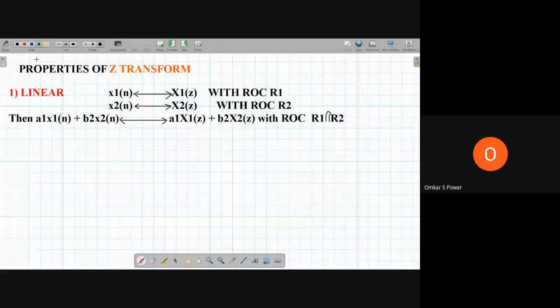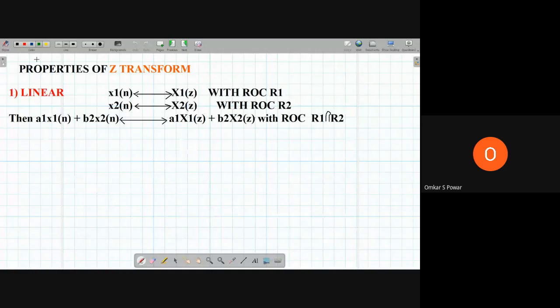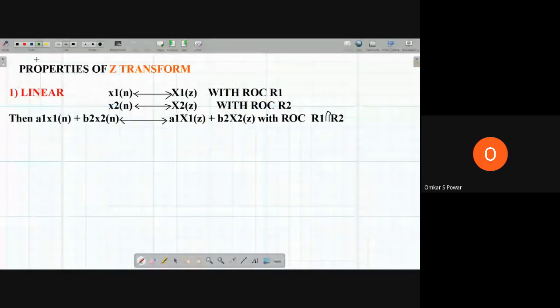Now I have covered some problems covering all the properties with respect to the region of convergence. So now let me go to the properties of Z transform. Derivations we will see today, and in the next class we will solve some problems with respect to that. Same as Fourier transform, you have properties of Z transform here, so no need to worry about that. You have seen the properties of linearity, time convolution, time reversal, time shift, etc. So the same thing, whatever we have done for Fourier transform, we will see for Z transform also.